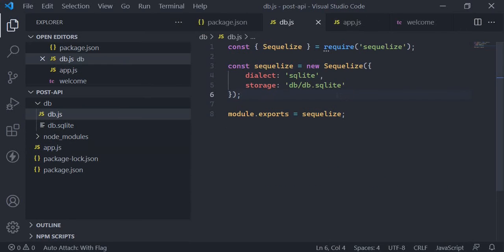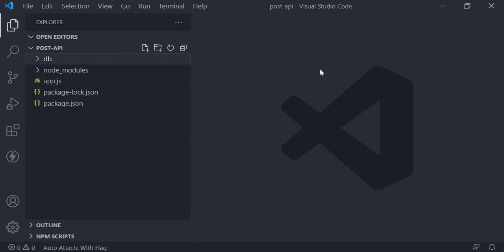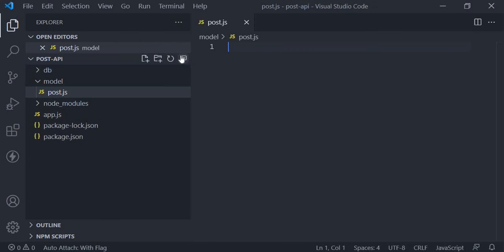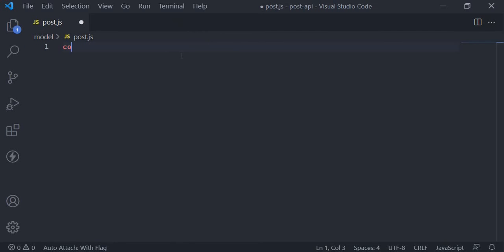So if you come here, go to db.js, and you see the storage. We are looking at the db folder, then inside the db folder we are creating one Sqlite file, db.sqlite. So we have set up our database. For the database, since Sqlite is a relational database, I'll create a models folder and specify the model here. I'll create post.js since we want to store posts, and a post should have only two properties, title and content, and one ID